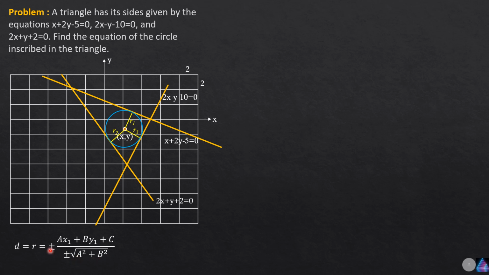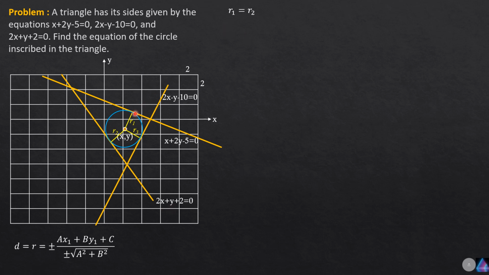Now remember the rule: we use plus if the point lies above the line, and the sign of the radical is the same as the sign of the coefficient of y, or b. So for the first, we set up r1 equals r2. R1 is negative because the point x comma y, which represents x1 and y1, is below that line, and R2 is positive because that point x comma y is above the line 2x plus y plus 2 equals 0.